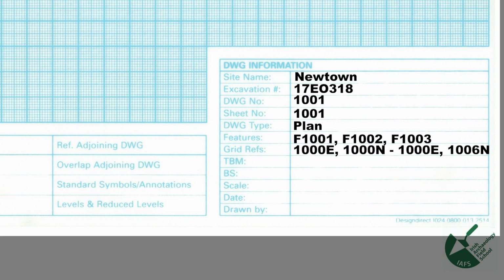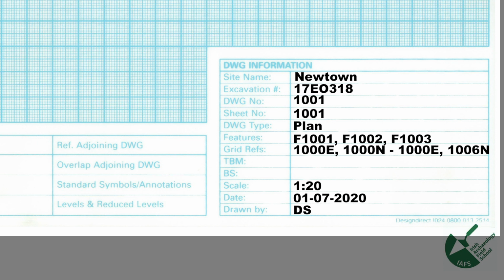You will see in future drawings that we're going to talk about temporary benchmark backsites. They relate to data you take for your level, but that will be in a future video. But just remember that they do have to be entered on your drawing sheets. The scale you drew it at, in this case 1:20, the date, whatever the date was drawn on, and who it was drawn by. And if that's multiple people, put in multiple initials, okay?